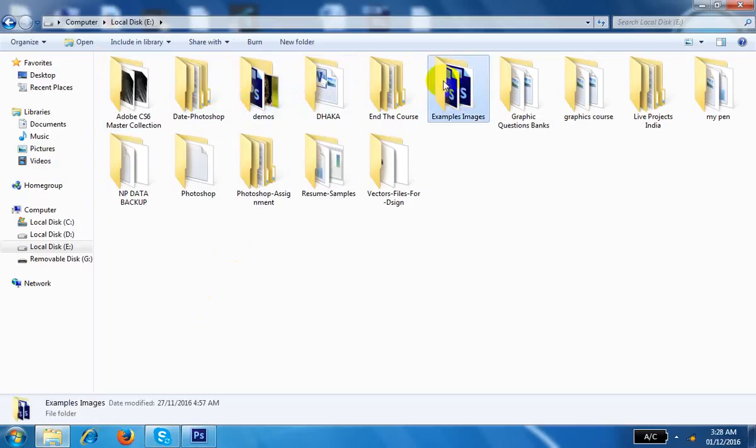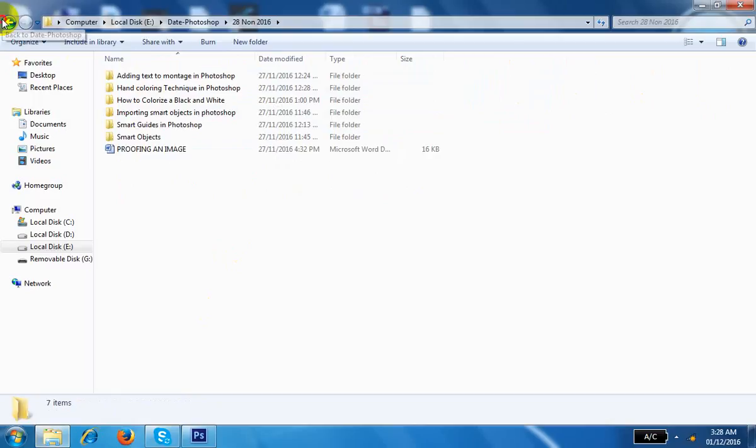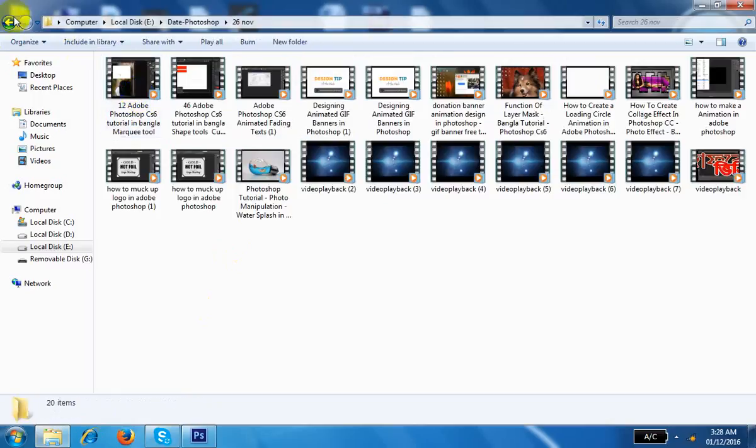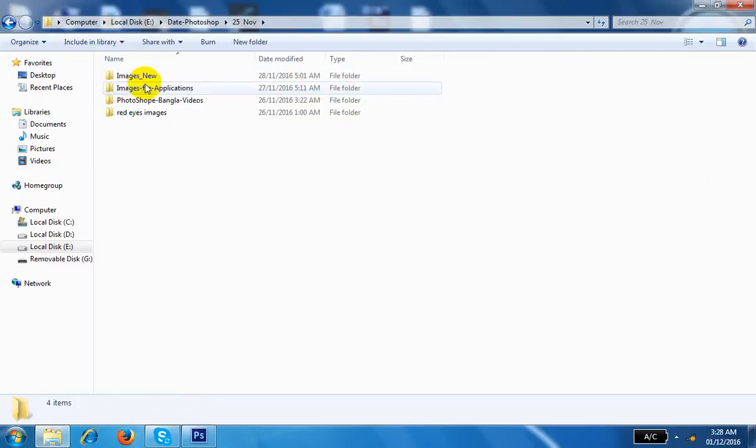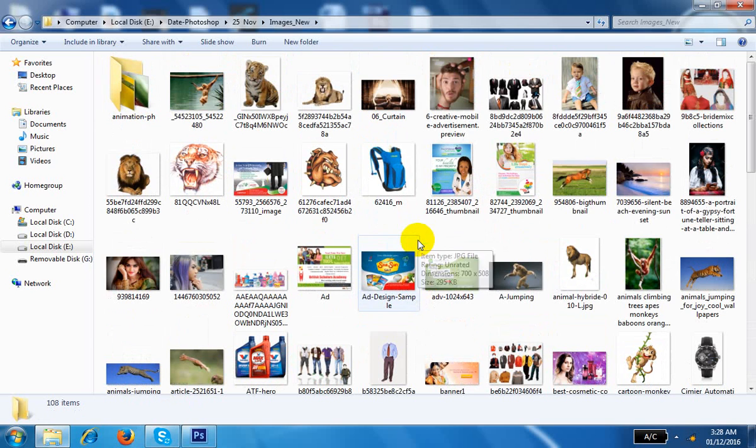Sample images, date of the course. Collect this folder from my side, date folder, okay? And there are more images, adding the motion photos of November. Today everybody should collect all the images from my side, okay? I can do one thing. I can open a lot of images from this folder.